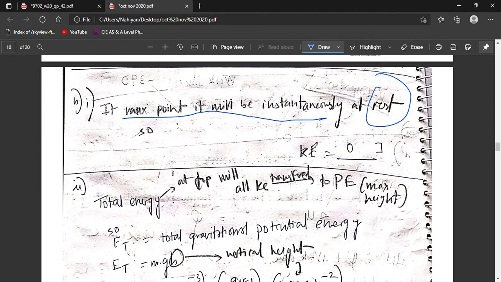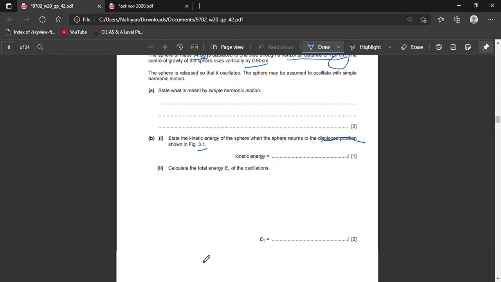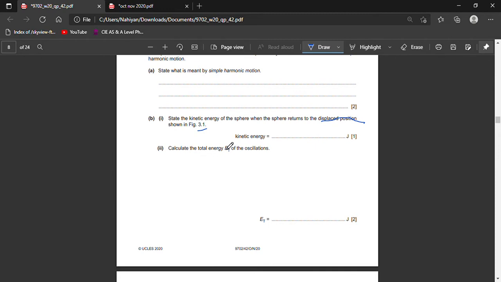Yeah, so that's what I was talking about. And the kinetic energy is 0 because v is 0, so it's half mv squared and v is 0, so you get 0 joules. So continuing, state the total kinetic energy. Okay, so the total kinetic energy is the